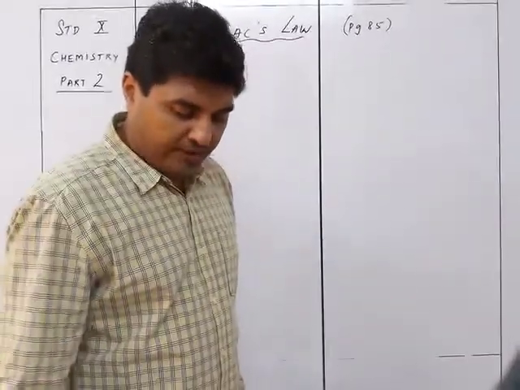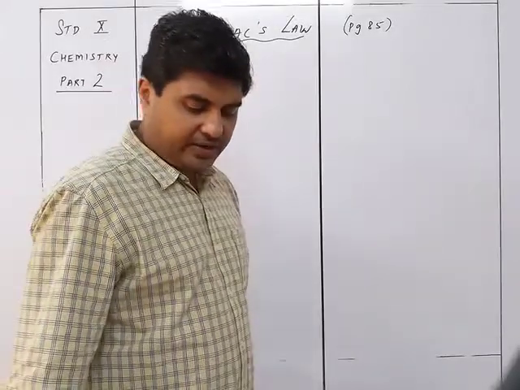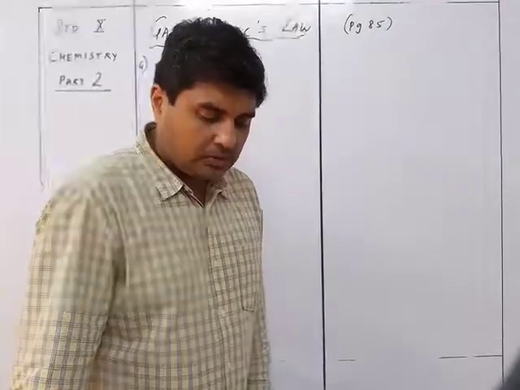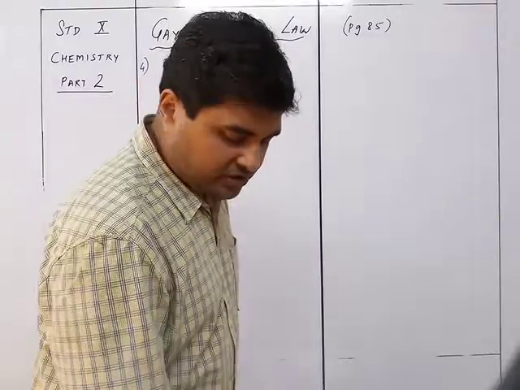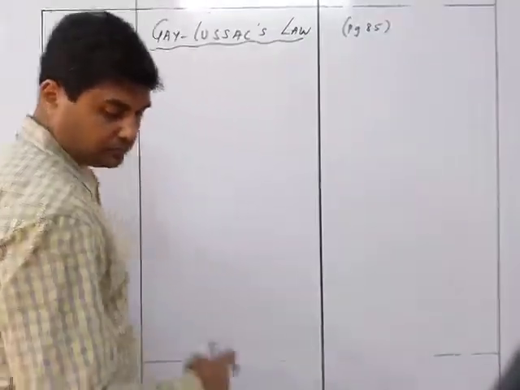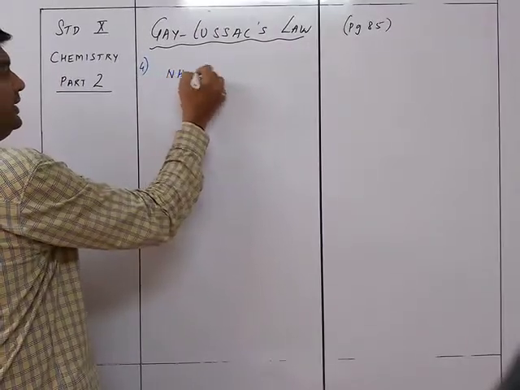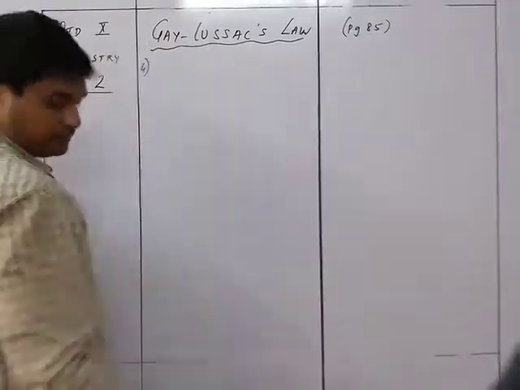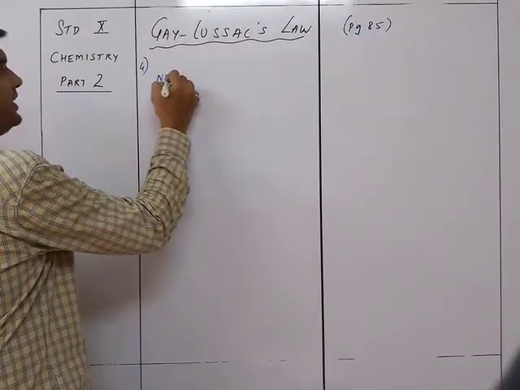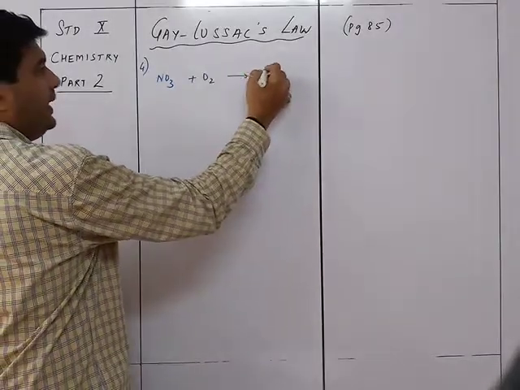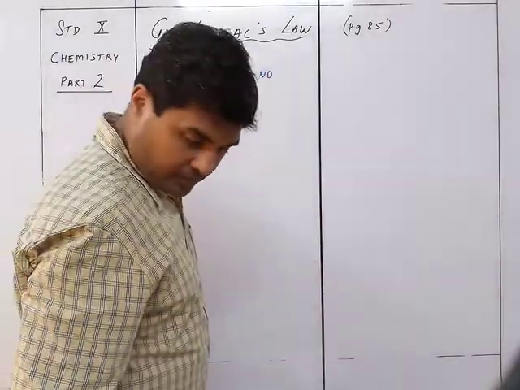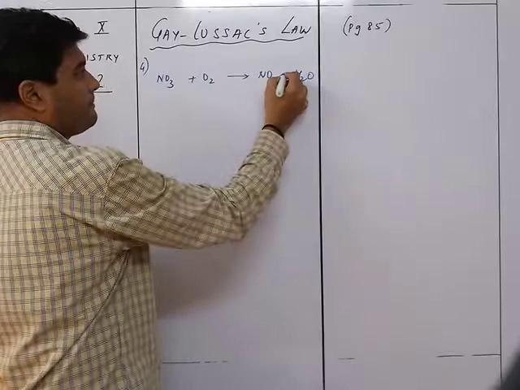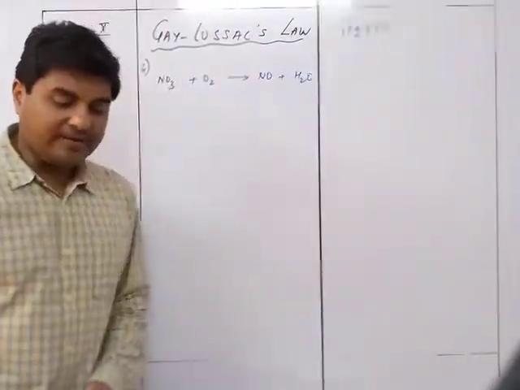224 centimeter cube of ammonia undergoes catalytic oxidation in presence of Pt to give you nitric oxide and water vapor. So ammonia with oxygen, it is NH3 plus O2. So I'll just write it smaller. NH3 plus O2 giving me NO, nitric oxide, plus water. Now we need to balance this thing.